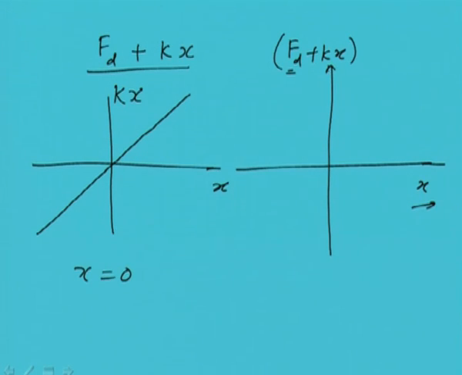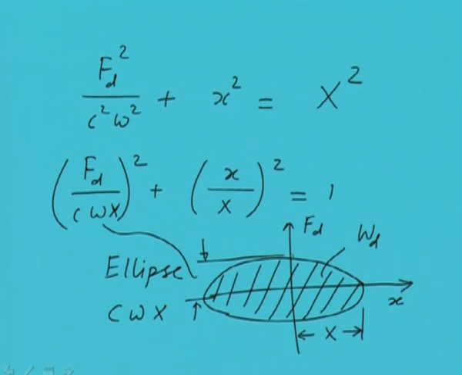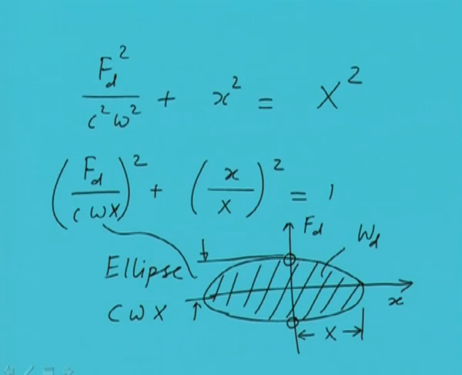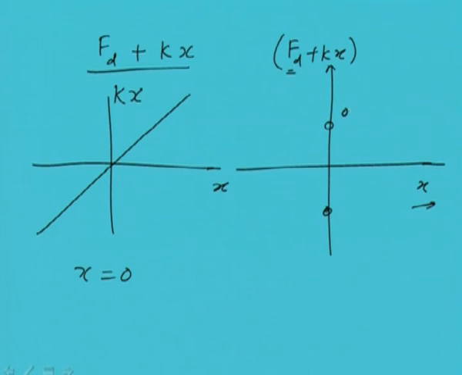This particular term remains the same, it is not changing. That means it remains as the previous plot, this one. So these two points will remain the same in this graph, but as we increase x further, then we'll be adding the kx, because now the x is having some finite value. So you'll see that this point will move upward, so somewhere here. Similarly, if we plot all these points, you'll see that the ellipse will take a particular shape like this,